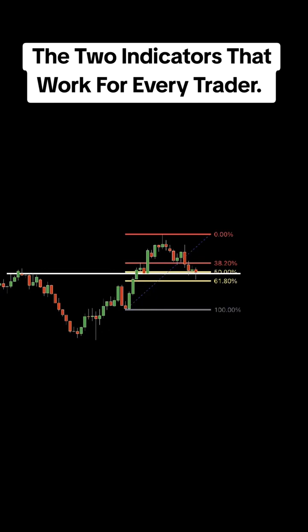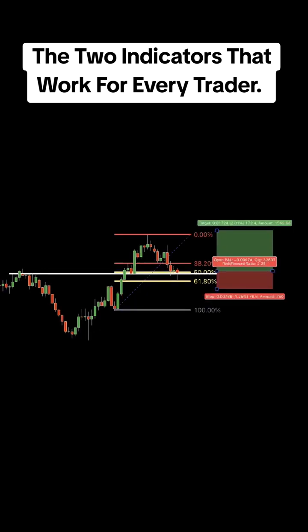Here's how we'd execute it. Entry, at the close of the pin bar. Stop loss, just below the low of the sweep. Target, the next resistance level. And look what happens next. The market respects the level and rallies straight to our